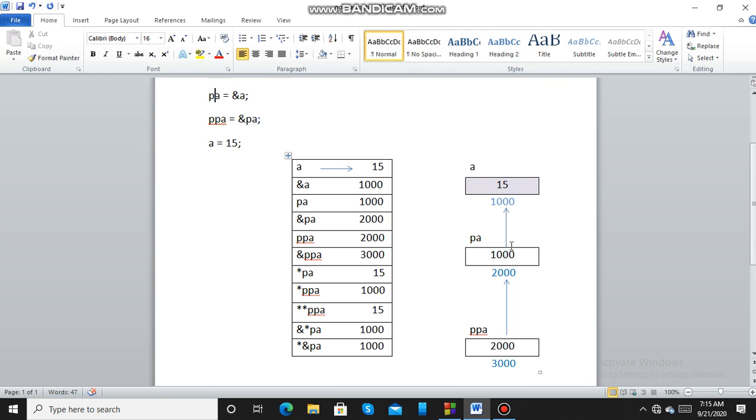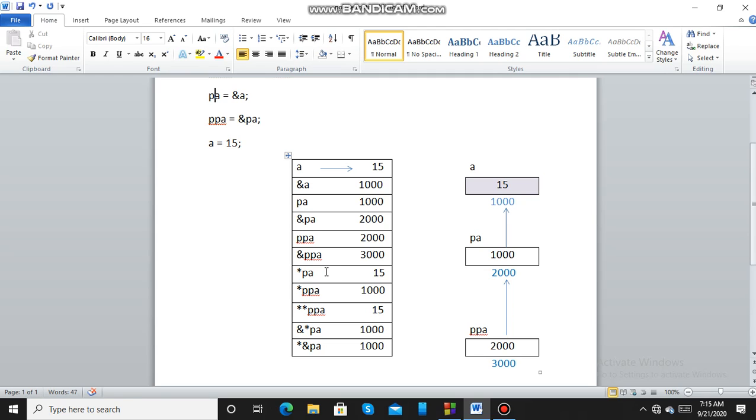Now address of pa is 2000, that will get printed. Ppa means value in ppa, which is the address of pa, that is 2000. Address of ppa is 3000, because this 2000 is stored in location 3000.